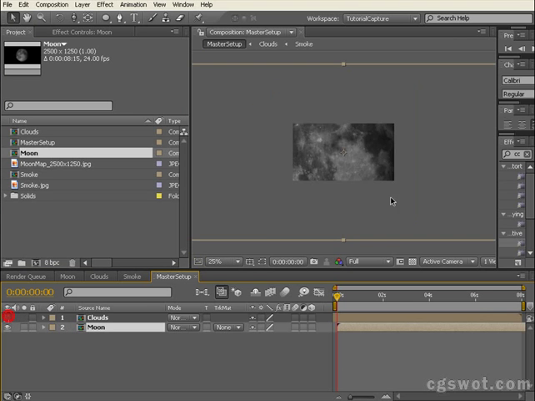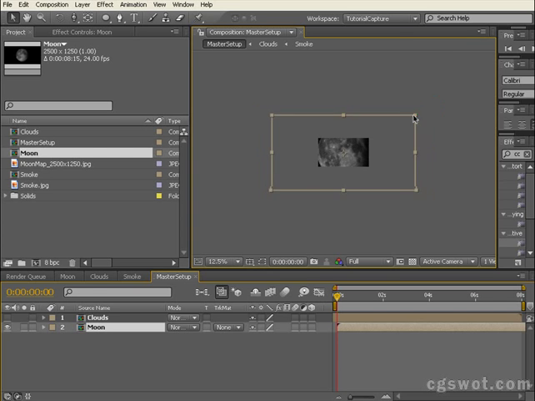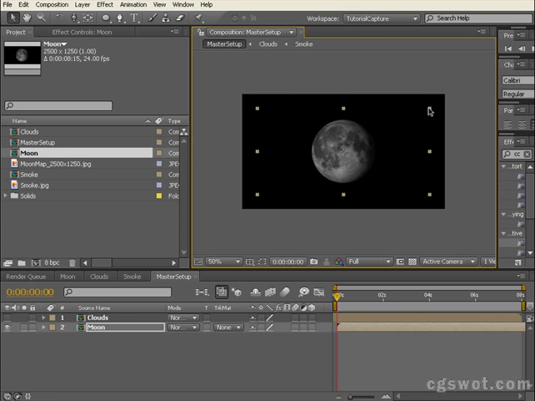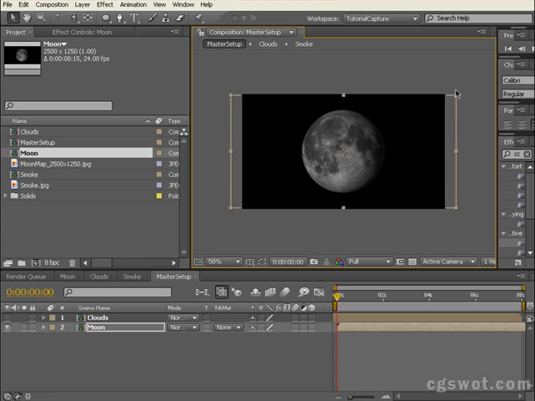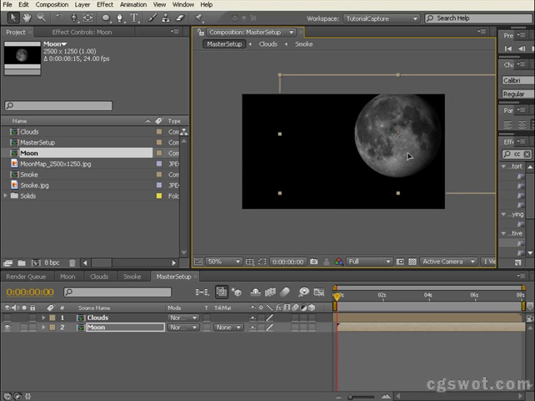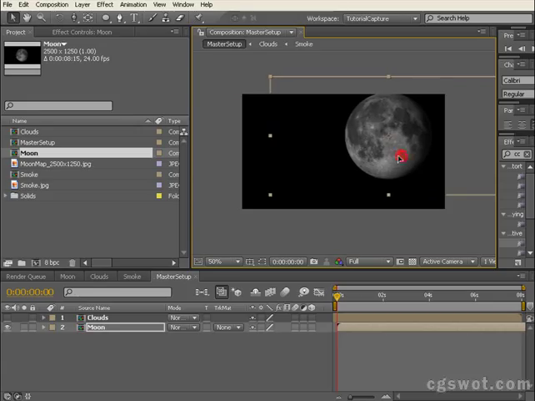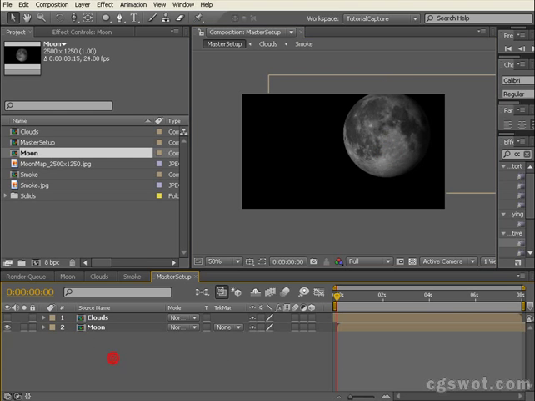We want to position that moon. So with it selected, we're just going to drag in, hold shift to keep it uniform, come in here, something like that's going to be fine. We'll just move it over to the left hand side, sort of a third in and a third up, something like that. We switch our clouds on now,